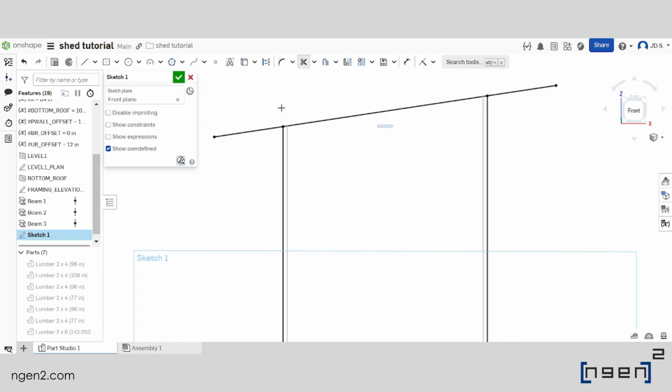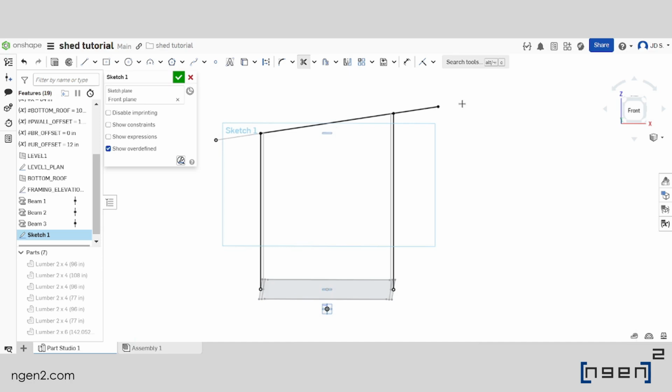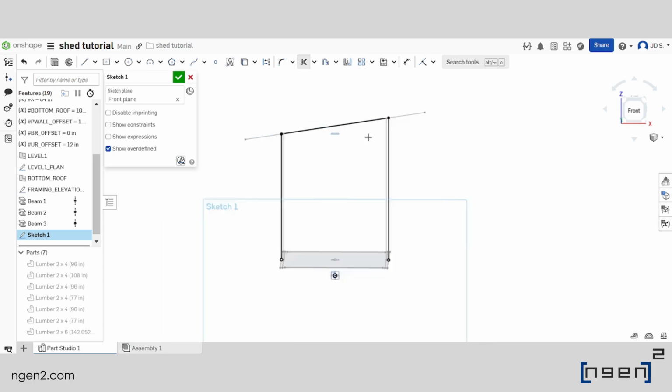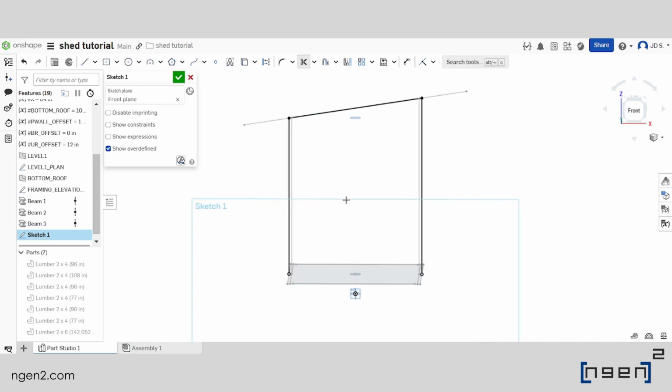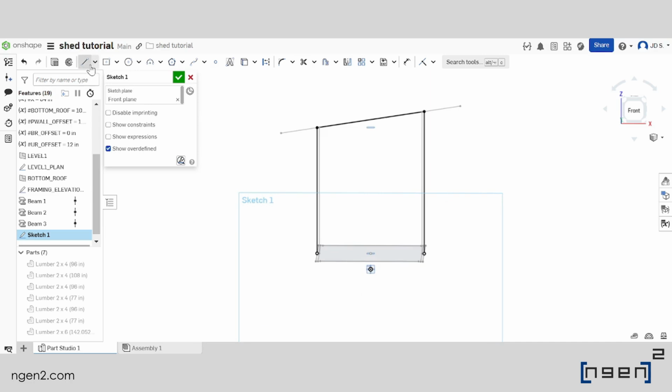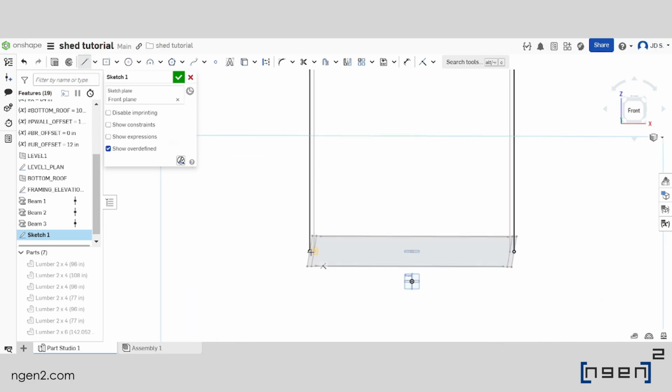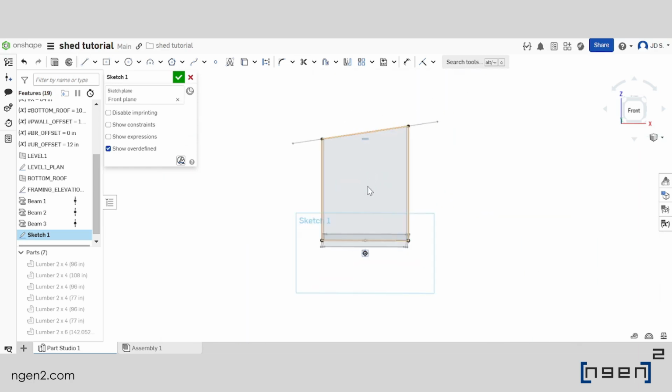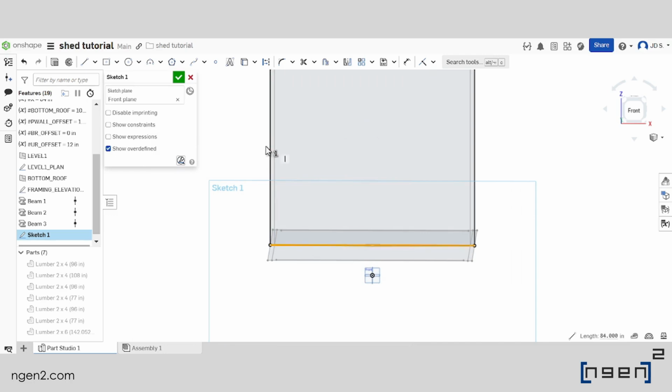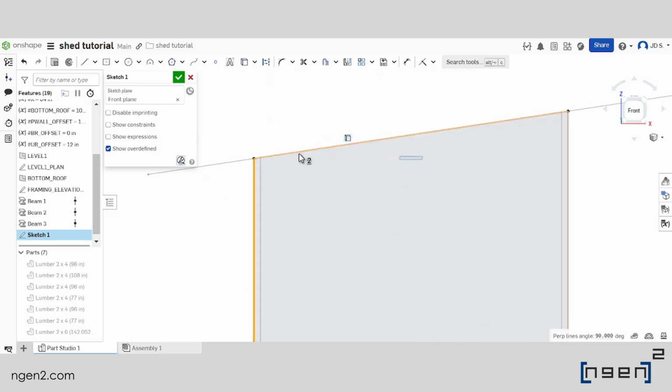Using the trim feature, we will trim off the extensions, as well as the points that are isolated. Finally, we will create a new line on the bottom, then select all of these perimeter lines,